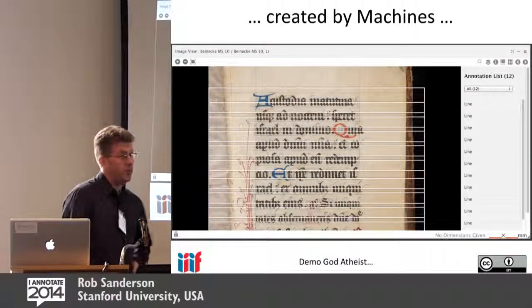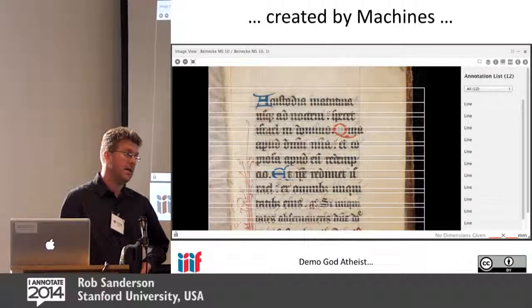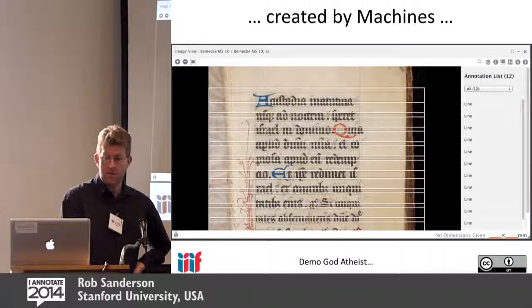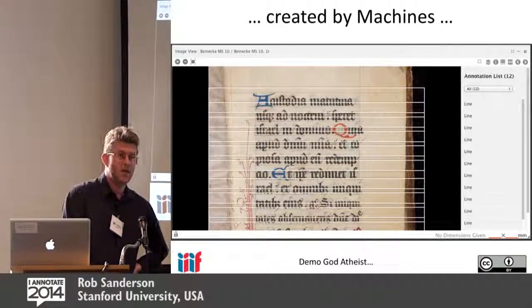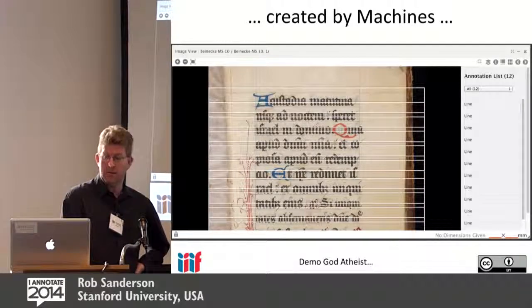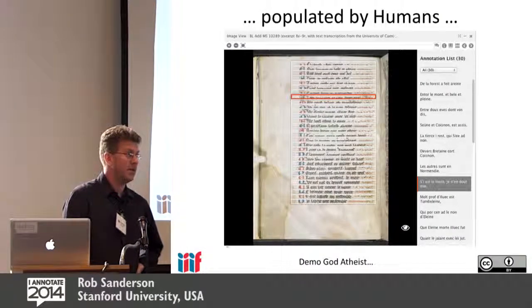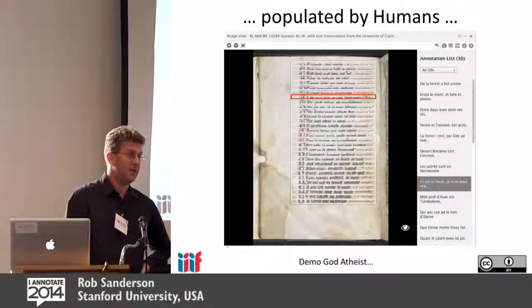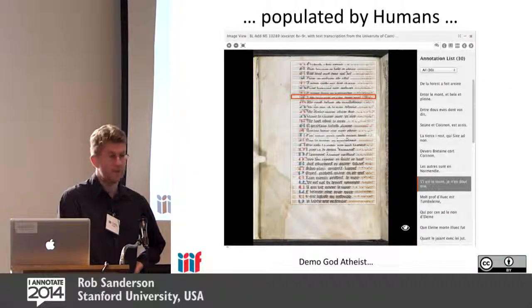At Yale, they're doing a lot of image processing and machine learning in order to automatically determine line boundaries, and they're expressing those as annotations, but with no content. So they run their computer vision algorithms, find the lines of text, find the images, find the initials, tag them using annotations, and create the line segments using those annotations, which can then be populated by humans with the transcription. We're not yet good enough at OCR to automatically do that, so we still require the human in the loop